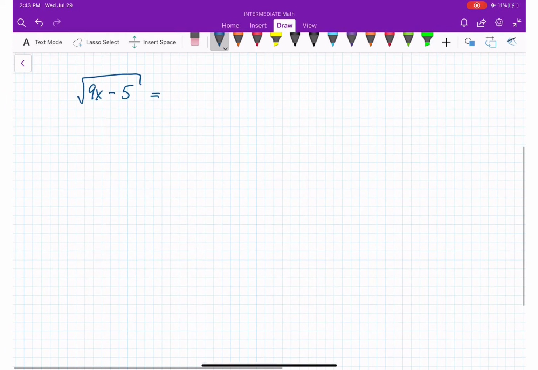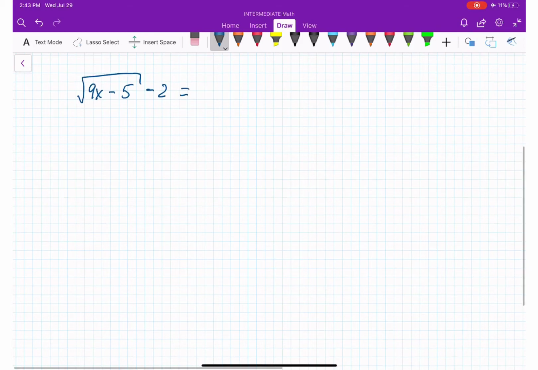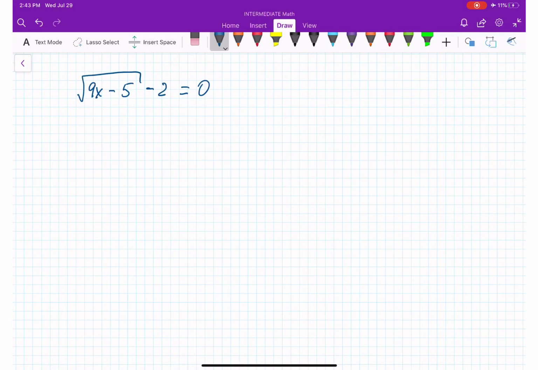So, 9 square root of 9x minus 5, minus 2 is equal to 0. All right, when we have an equation with a radical, we want to isolate the radical by itself on one side of the equation. Which means I'm going to move the 2 to this side, which will give me 9x minus 5